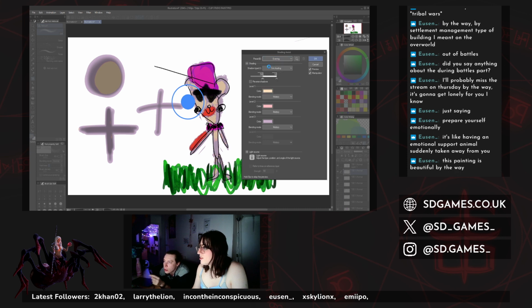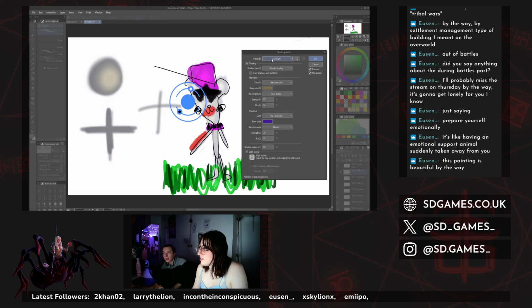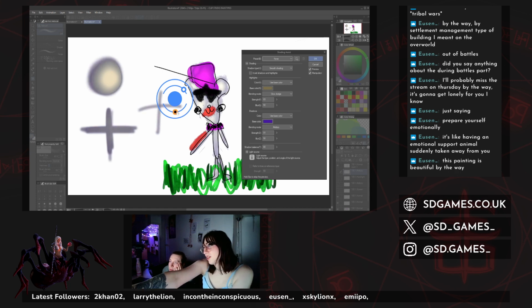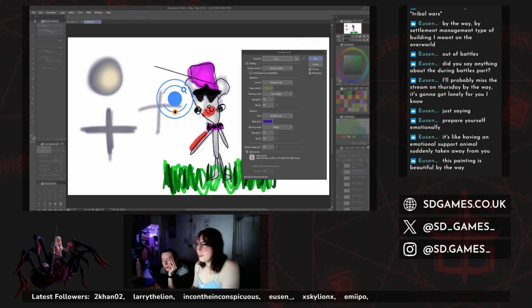Whereas this changes the quality of the lines. Standard, evening, morning, simple light. Ooh, noisy. Wait, this one's really nice. Look at the sphere. Yeah. Oh, see, for stuff like that it's really good. This is what I was thinking, that for a purely round thing, it's probably really good.